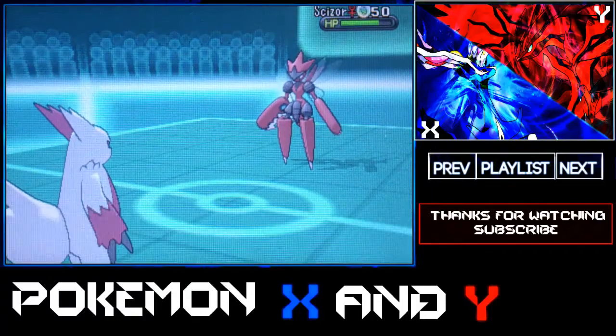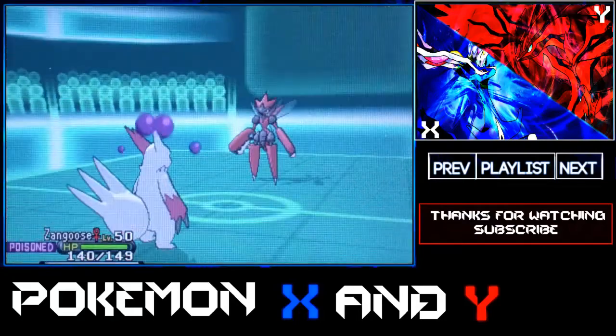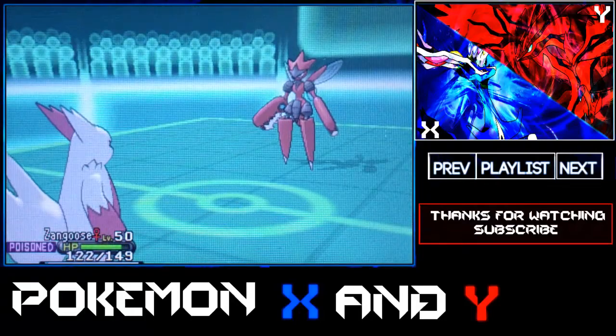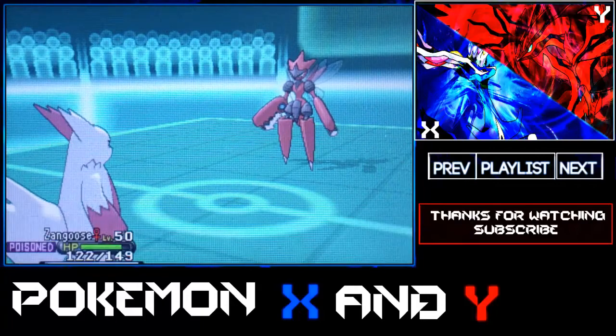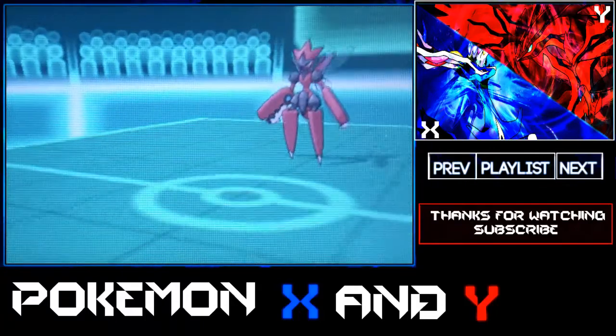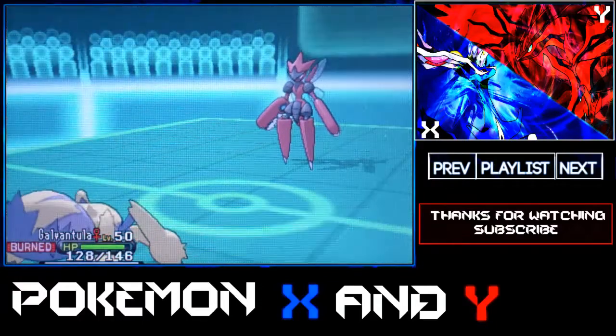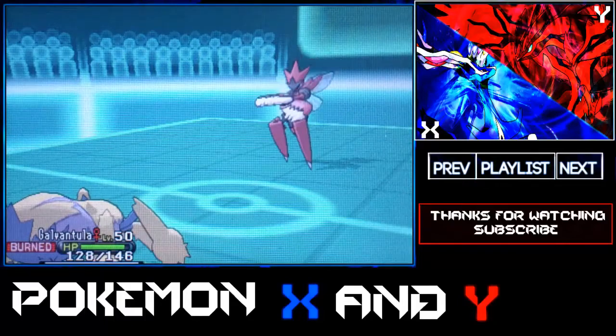And speaking of a crit, I believe I do get the crit on the Scizor switch in, which is a good amount of damage, and it's gonna come back and it's gonna end up helping me at the end of the match. Right here I decide to switch out my Zangoose and switch in my Garbodor pretty much as death fodder, because I pretty much came to the